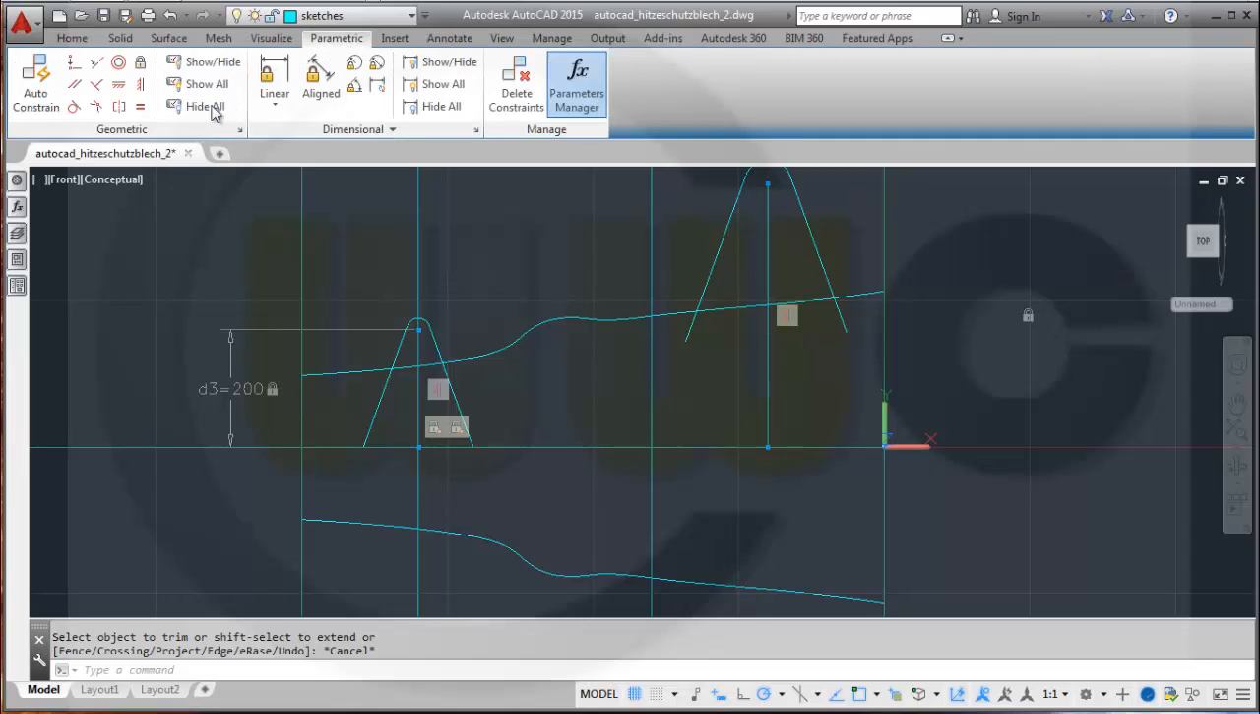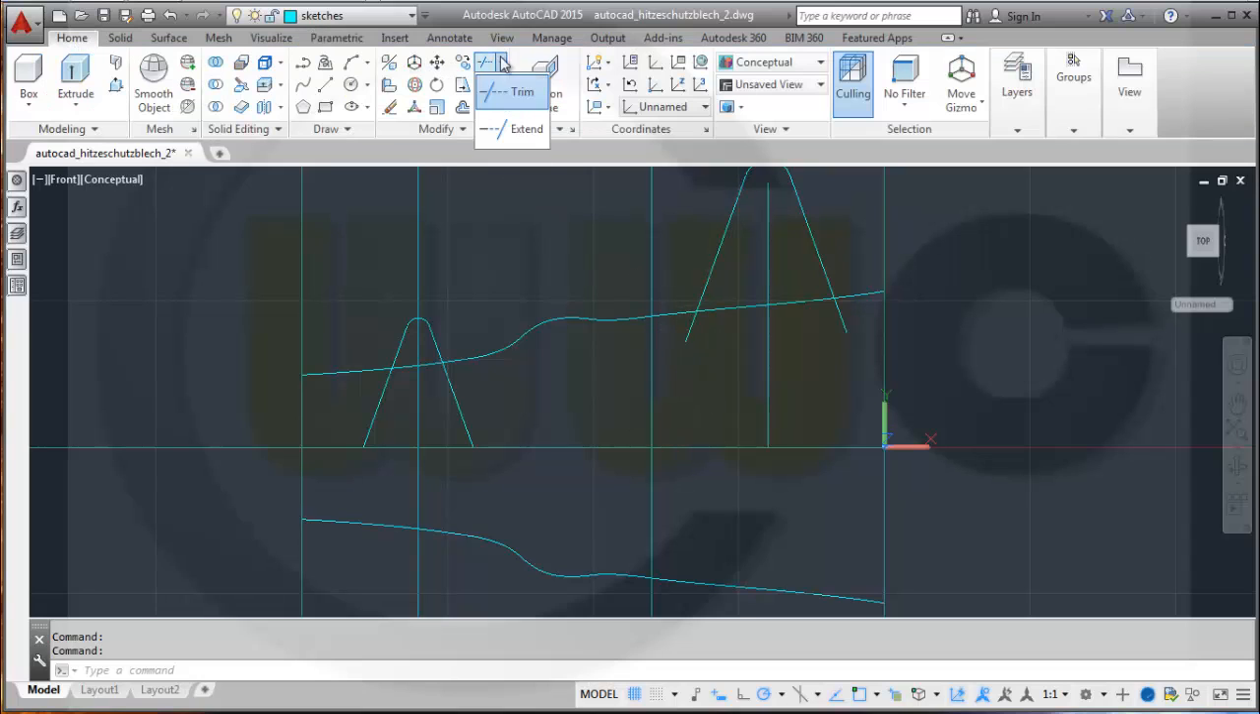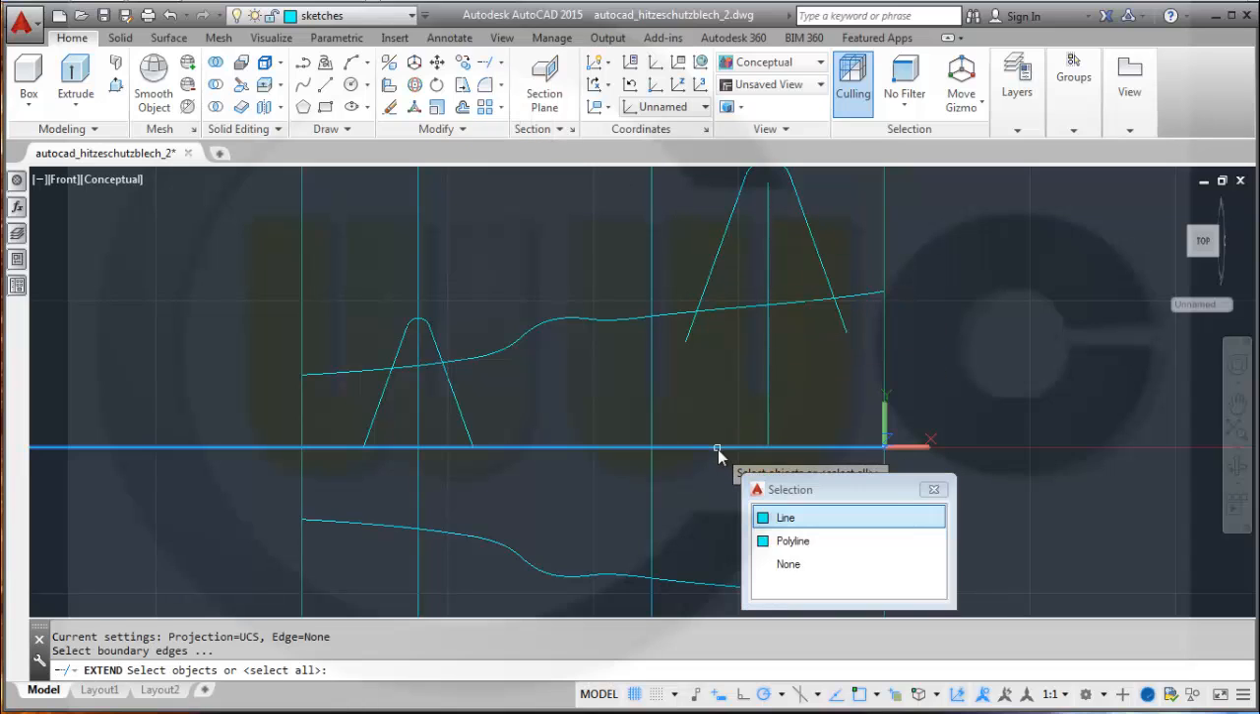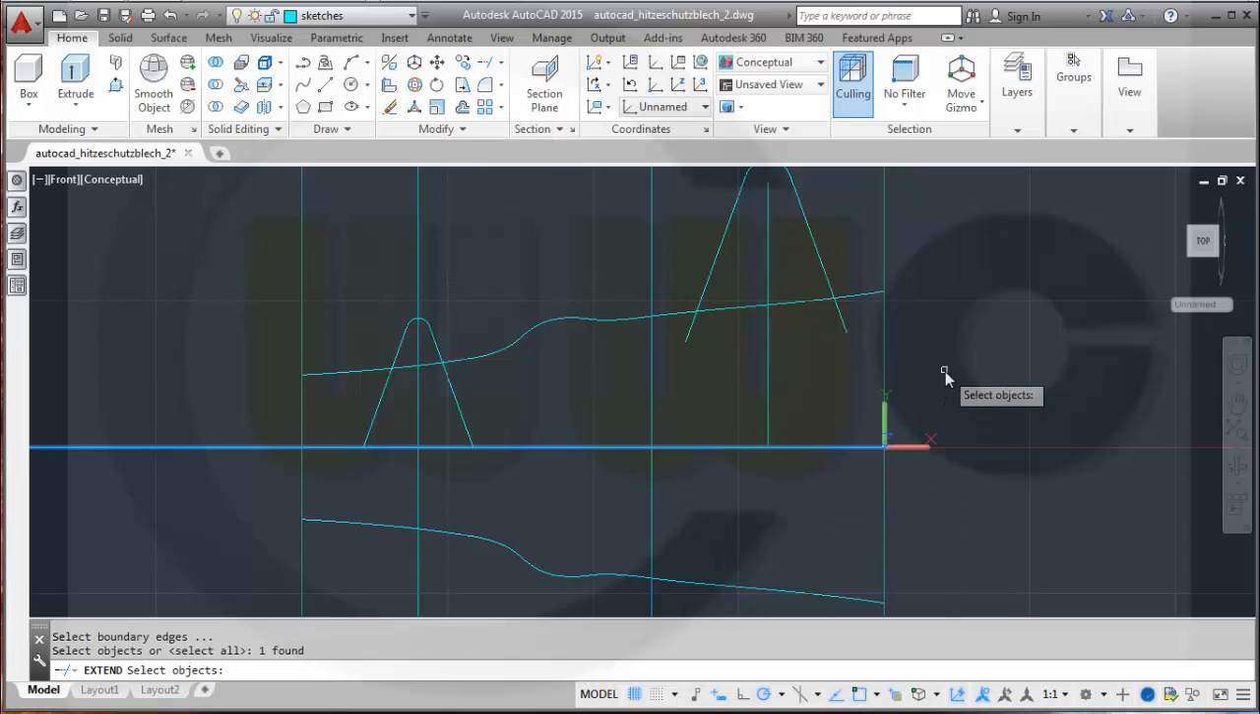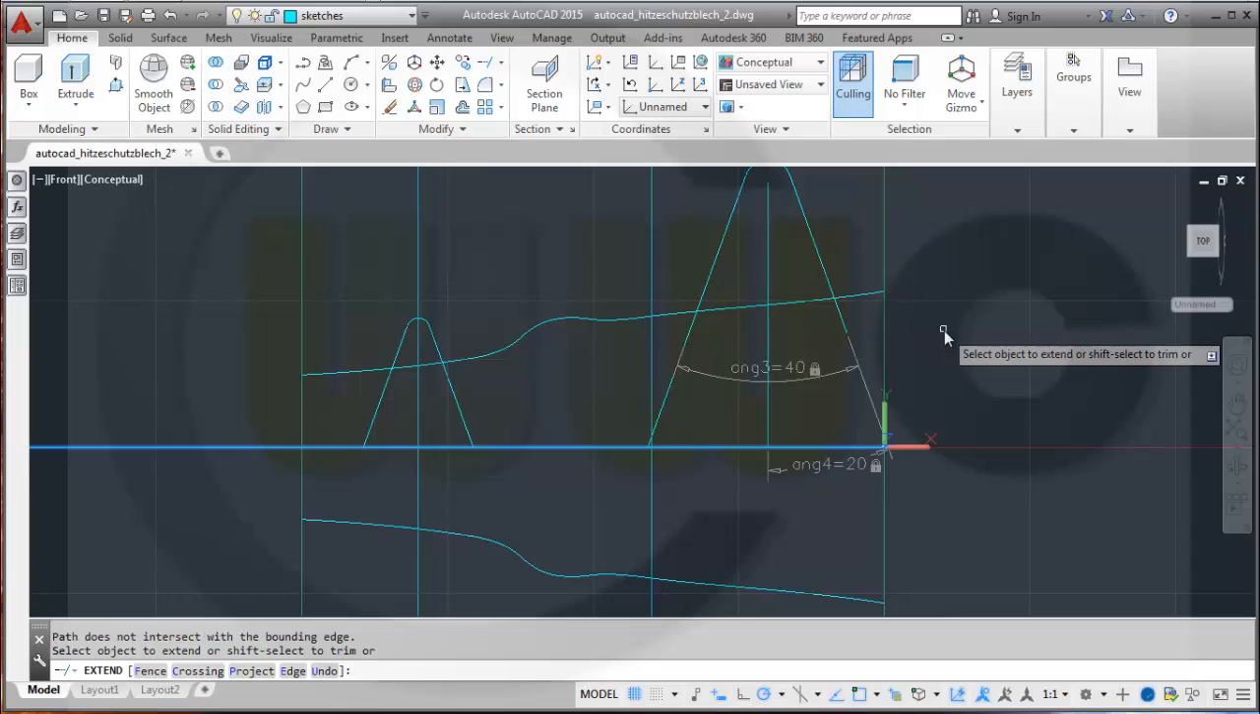Hide all, and I want to project these sketches up to the surface. Maybe I should extend this one a little bit, so go for extend. I want to extend it to this. And oh yeah, so